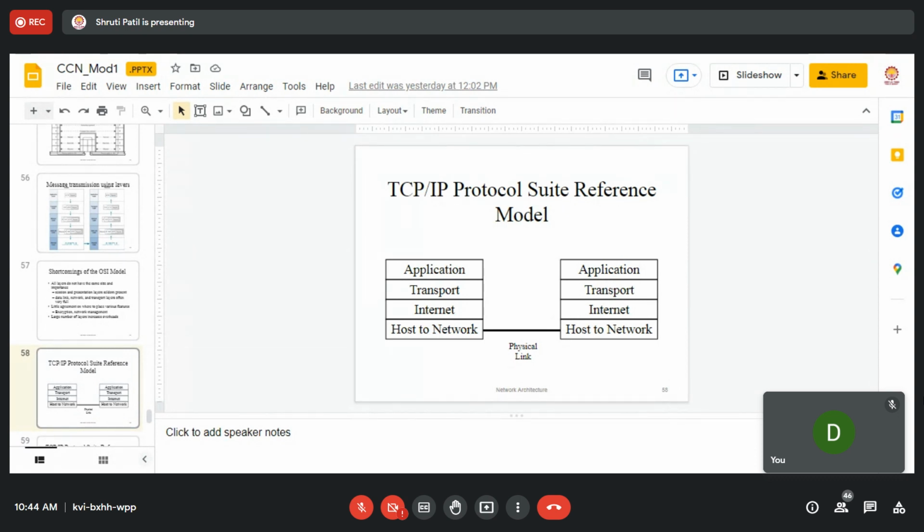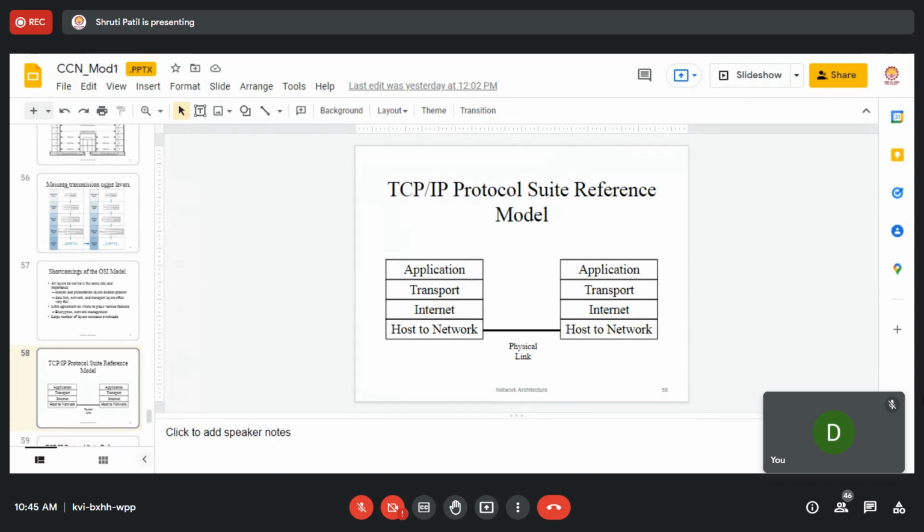It is going to function for physical layer and data link layer. So whatever is the functionality of the data link layer and physical layer will be combined into this host to network layer. And this network layer is now changed to internet. It is an internet layer. Okay? Otherwise, it is the same thing. There is no session layer present. There is no presentation layer present.